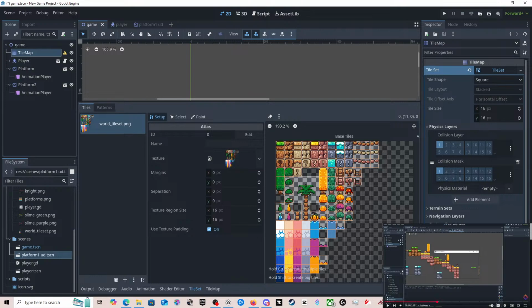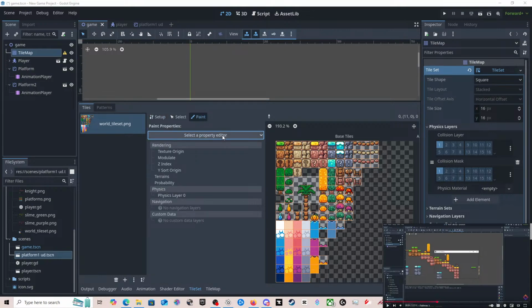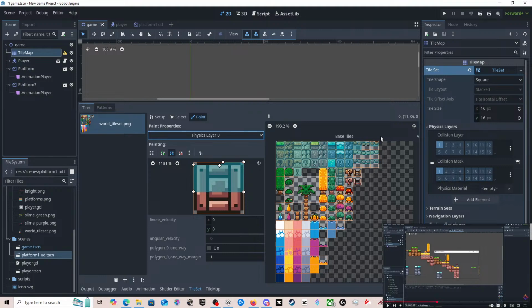I thought paint. Oh. Yeah, there we go. It was that, wasn't it? Select. And then physics. We wanted, it was that one it was getting stuck on, wasn't it? It shouldn't be. That doesn't make sense.